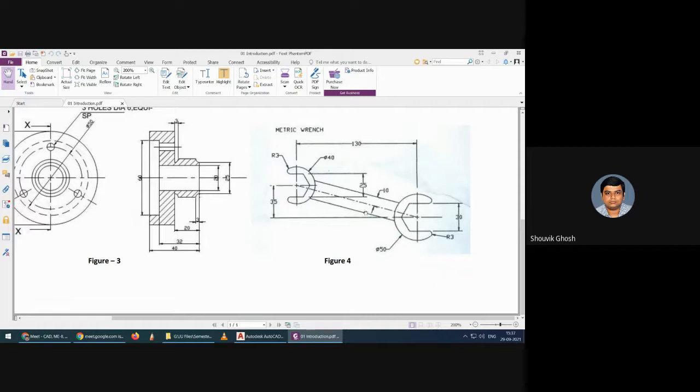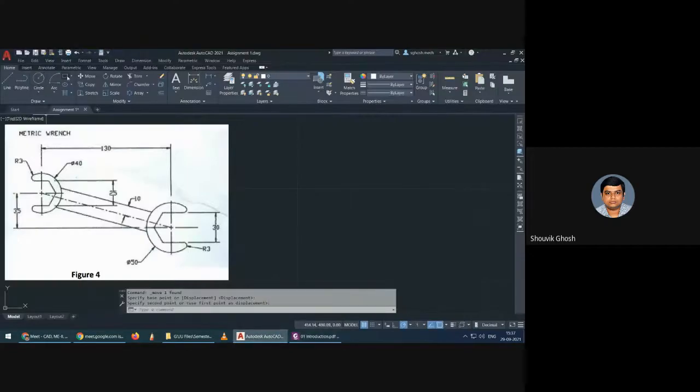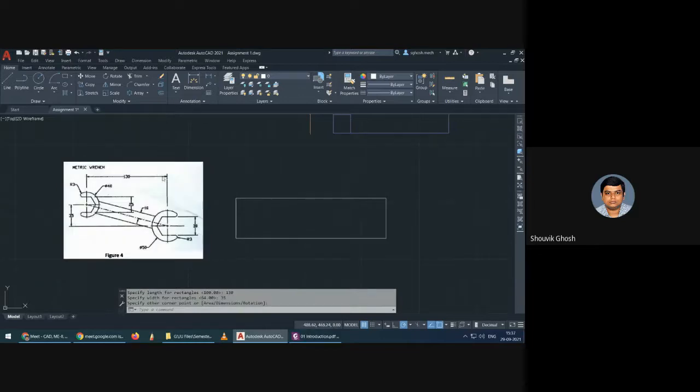So 130 by 35. So what we can do is we can just create a rectangle of that dimension, 130 by 35, and just draw a diagonal. So now we have the specified centers.